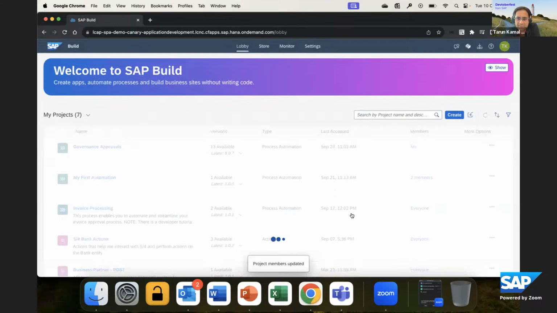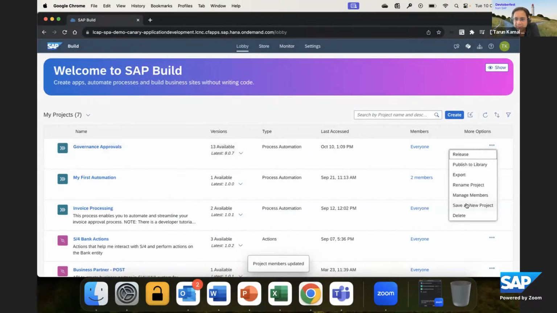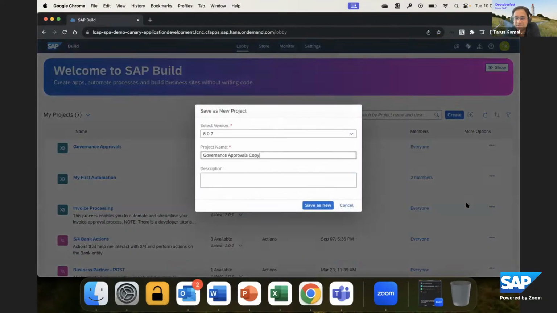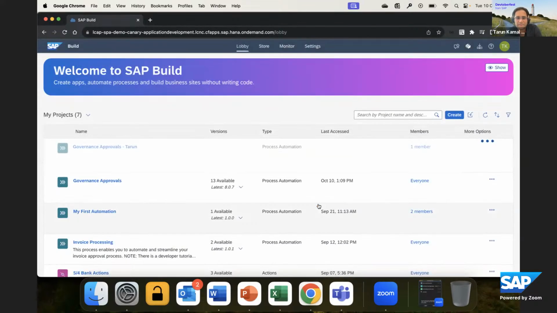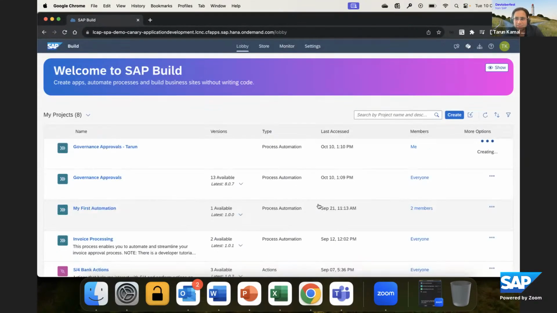Once this is there, a new person logs in and gets an option to save as new project. He gets a copy, and you can start to work with it. So that's one model that you could use, which is quite straightforward.